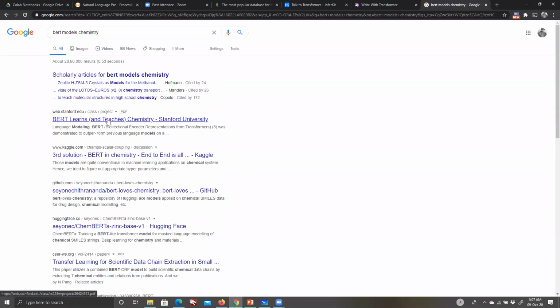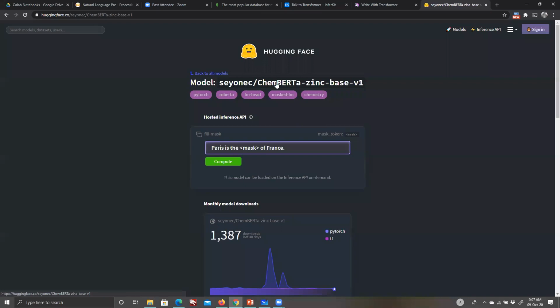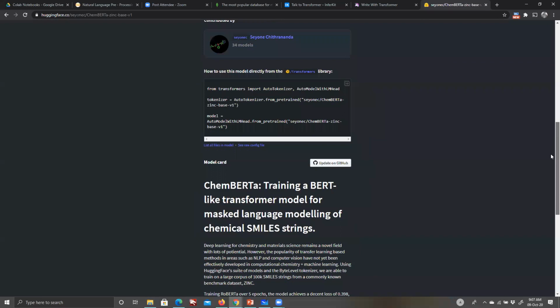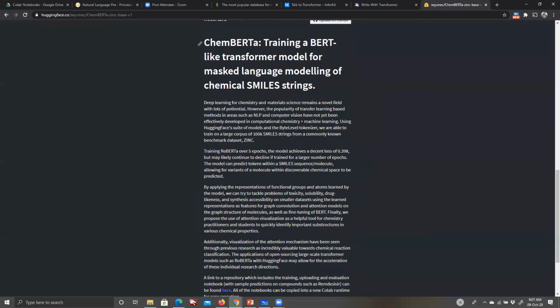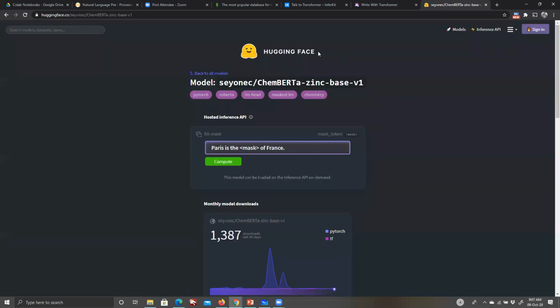So you will have to basically retrain with the BERT norms. Yeah, ChemBERT, got it. On Hugging Face, there is a very famous repository. So ChemBERT is available. And on the chemical side, if you want to use chemical SMILES strings, basically, you can use this ChemBERT. So this is my point. You can, of course, retrain them according to your chemistry or whatever needs you have. And accordingly, it will start to generate the text. Okay, and it can be utilized to generate the text as you demand or want to use.